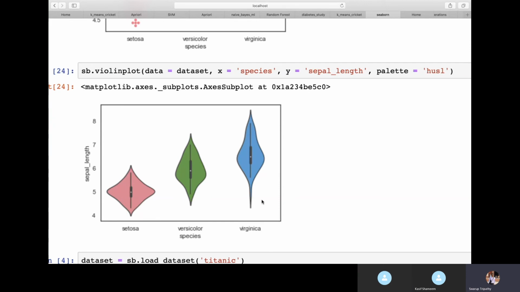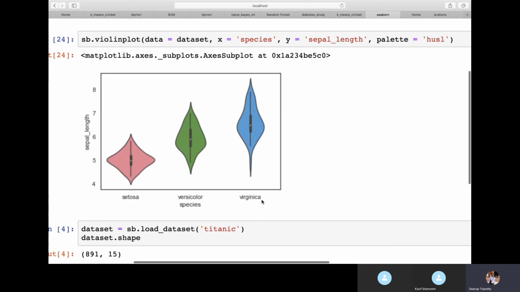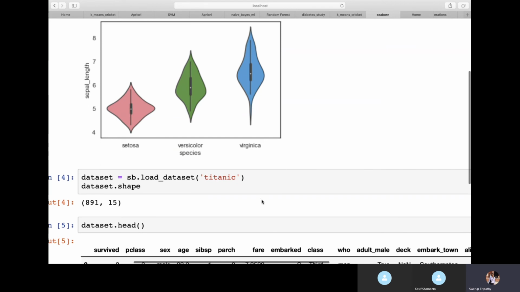So now next, this is how we analyze data. Given data, whichever is there. Here we have taken the iris data, and this is how we can analyze and find out more insights about the data by using different types of plots. Like that, we'll take one more data set here and try to analyze and understand more out of it. There is a data set called Titanic.